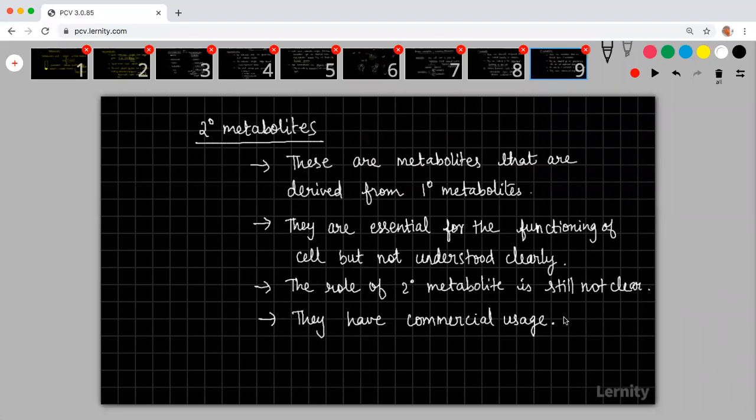You talk about essential oils. You take eucalyptus. Eucalyptus has oil in it. That eucalyptus oil is also a biological molecule which is present inside the plant. But is it involved directly in the metabolism? No, it is not. Similarly, you need to understand that there are certain compounds which are not involved in metabolism directly. You talk about gum. You talk about rubber. Gum is also coming from plants only. Rubber is also coming from plants only.